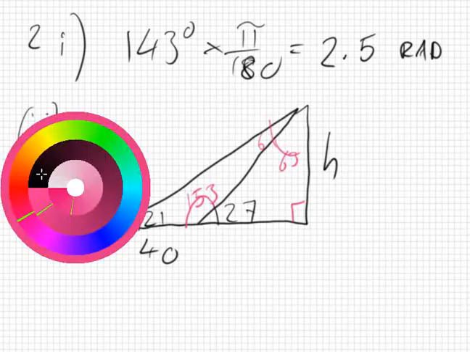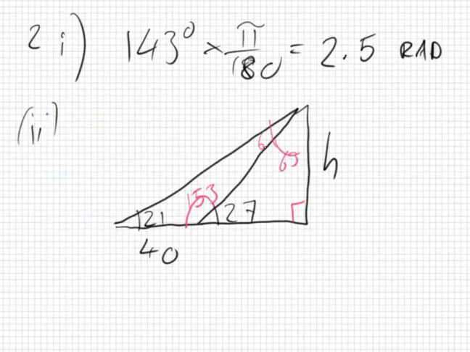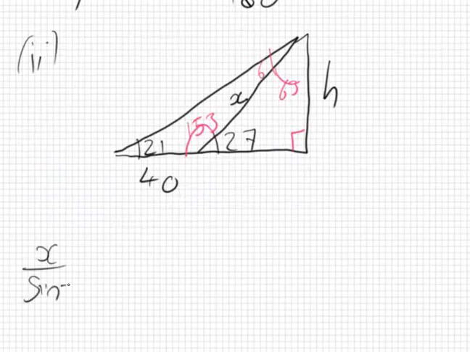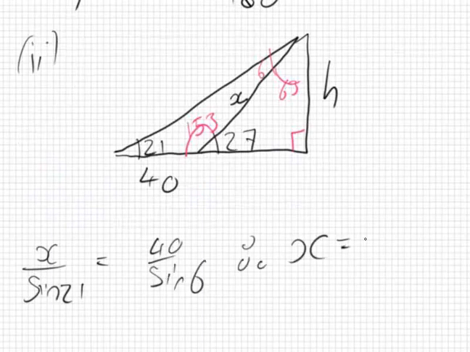The best way to do these is by finding the side in the middle. That's this side here, which is x. What rule can we use to find x? Sine or cosine? Sine rule. So x over sine 21 equals 40 over sine 6. Therefore, x equals sine 21 times 40 divided by sine 6. So I got x equals